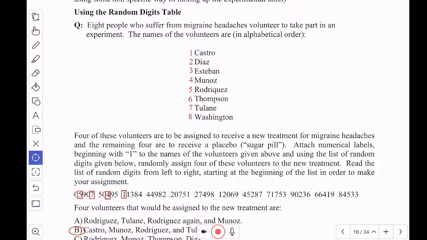So I label them. The last one will be the 8th. So I only need to use a label length of 1 because they all have to have the same length. And then working through the random digits table,